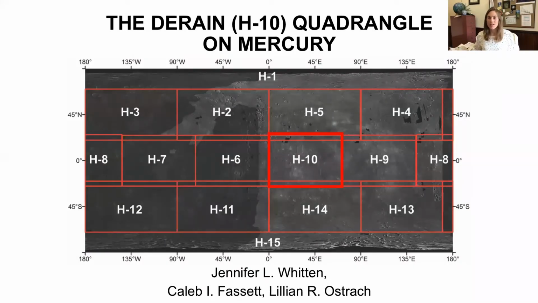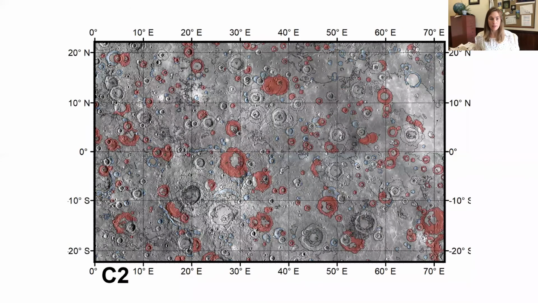So moving on to quadrangles on Mercury. I've been working on the Derain quadrangle, which is shown here on this first slide. It is H-10, which is highlighted there in the middle. So this represents an area that was not previously mapped by the Mariner 10 mission. If you go to the next slide, please, I'll show you some of the new work that I've been